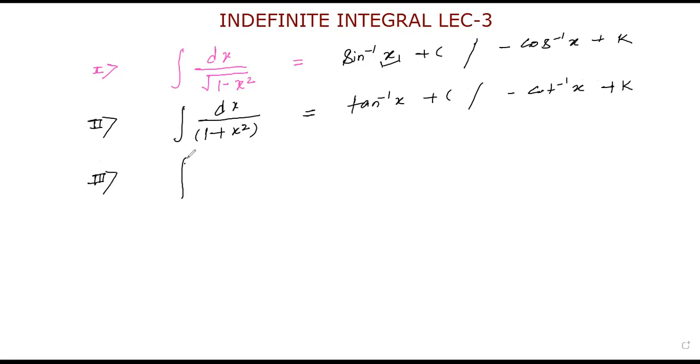Next one, integral dx divided by x square root of x square minus 1. Basically, in the actual formula, if I differentiate secant inverse x, then instead of x there is modulus x. Why? Because secant inverse x is always a strictly increasing function, right? And this antiderivative is defined if and only if x is greater than 1 or smaller than -1.